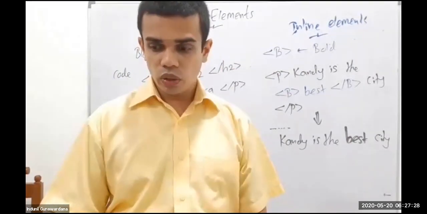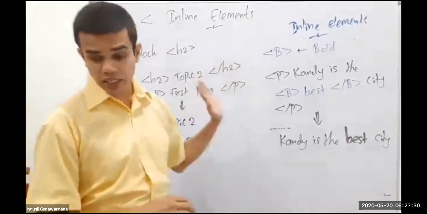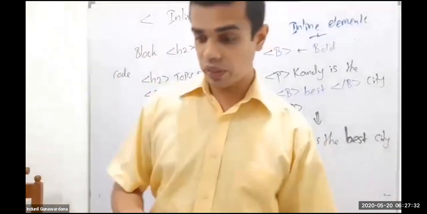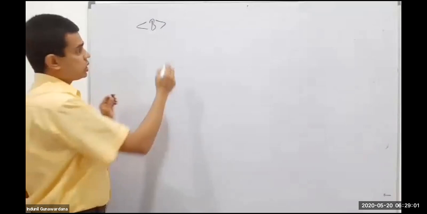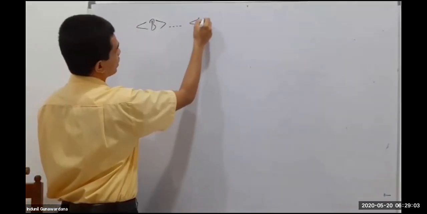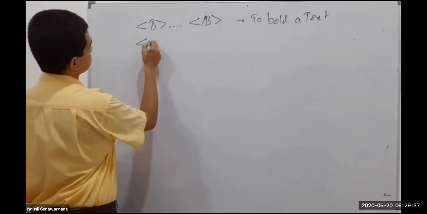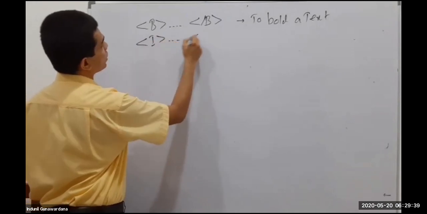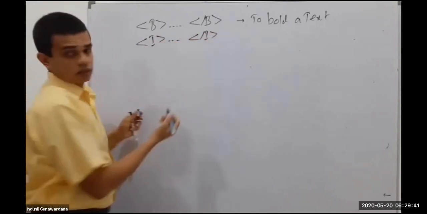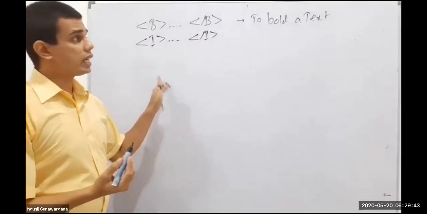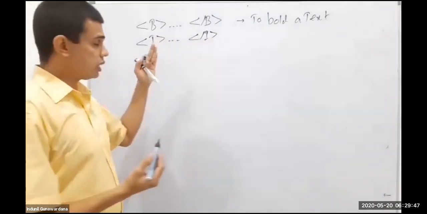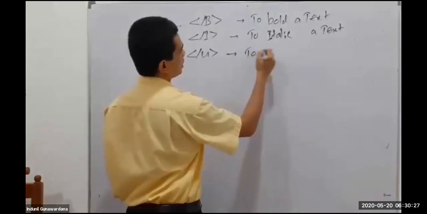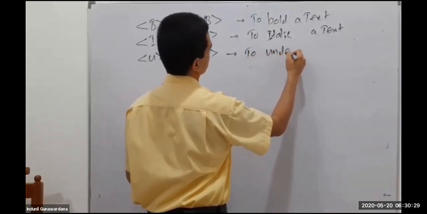So now we'll go to the set of inline tags that we may work with. I will list them down. This is bold. Then this has a closing tag as well. I. What is this doing? It will italicize the text. We know in our word processing we do that bolding, italic, underlining. So these are to underline the text.